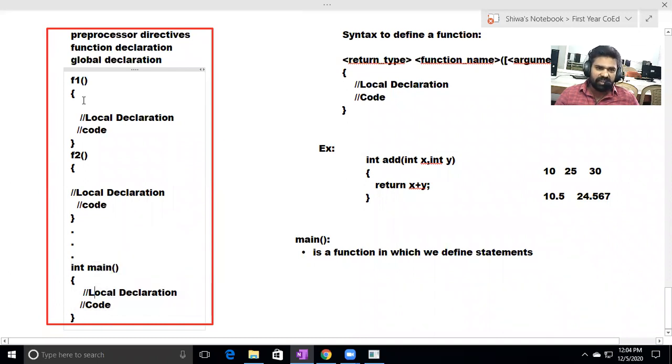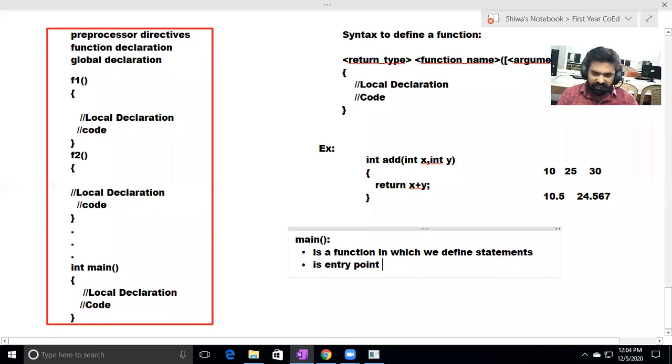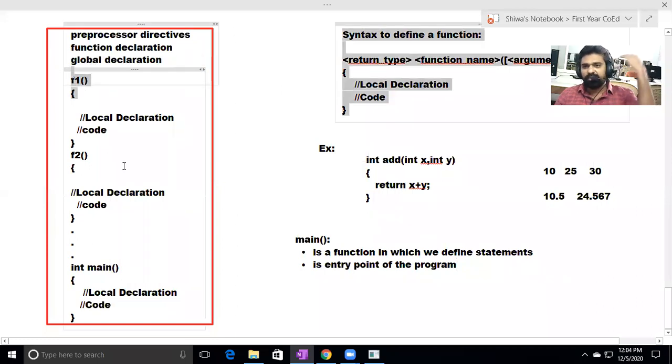From the main function, we call other functions because main is the entry point of the program. Every program execution starts from main only. In the program, we can write hundreds of functions, thousands of functions, but program execution always starts from main because main is the entry point of the program.